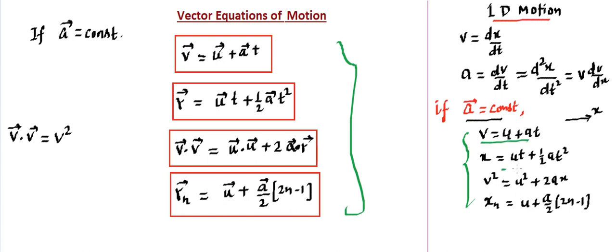Here these equations, as I told, are carrying magnitude as well as direction, so they are also in terms of vector, but we are not indicating vector because the direction is binary, either plus x or minus x. Here the direction can be anything, hence we need to put the vectors properly. How to use these equations? One example will illustrate that thing.